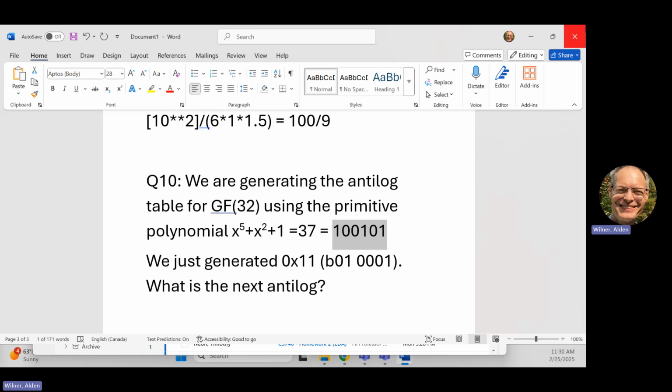And the test is actually going to start with 2 binary hexadecimal conversions like this. So we're going to have a couple questions to just do that, to show that you can get the conversions done. So we just generated hex 11, which is decimal 17. What is the next anti-log? So the procedure